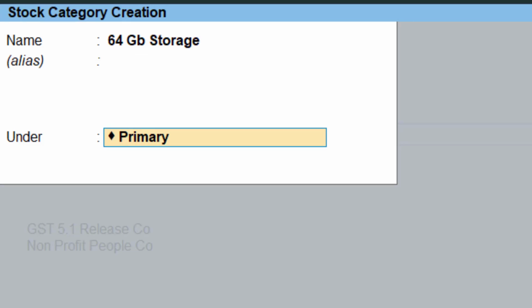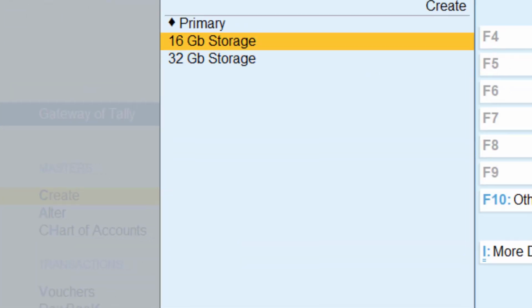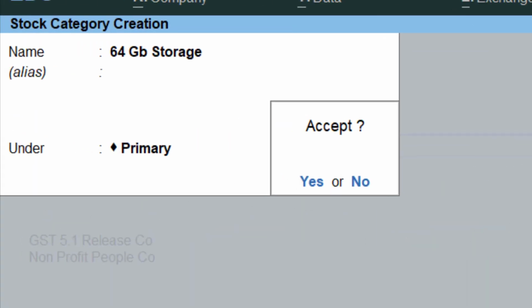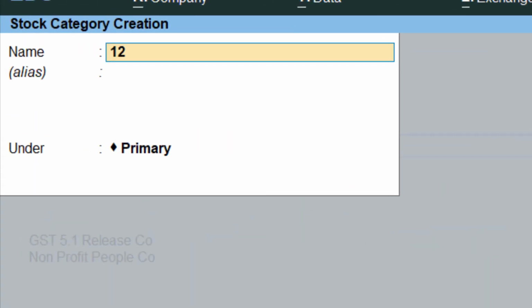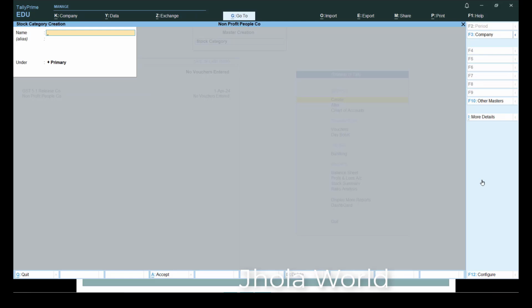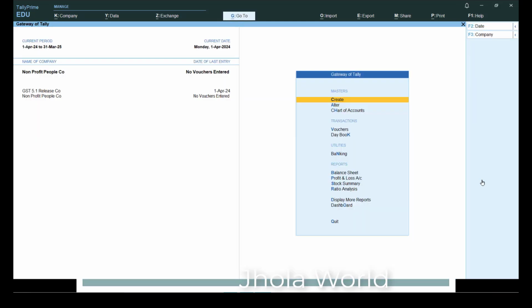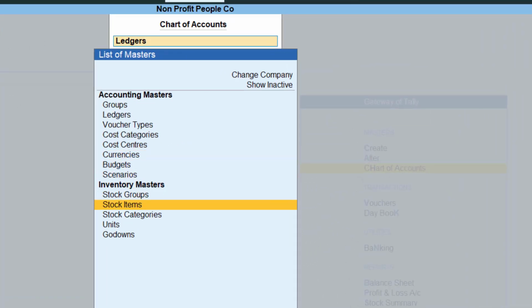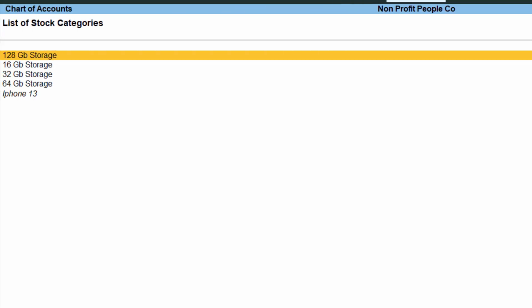Of course, if I put it under any of these already created, it will become a subcategory, but I don't want that right now, so let it be primary. And the last one was 128 GB storage. So I have created four categories. Again, if you go back to chart of accounts, you can check under stock categories. You see we have